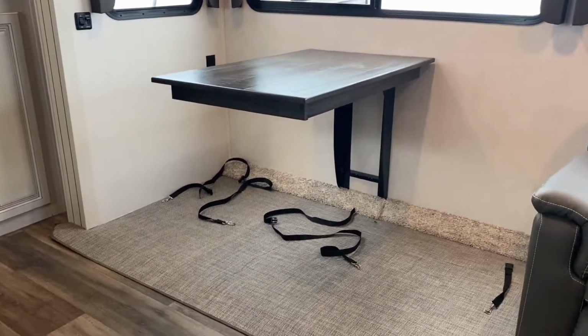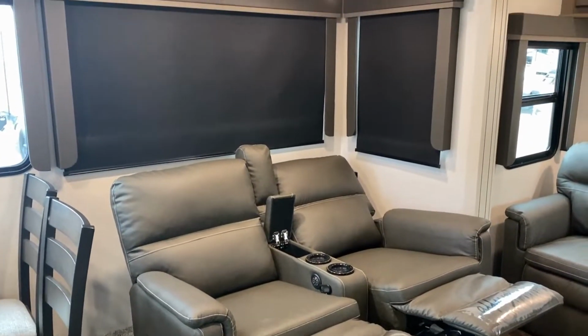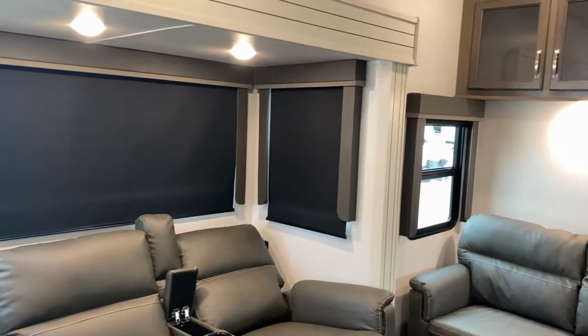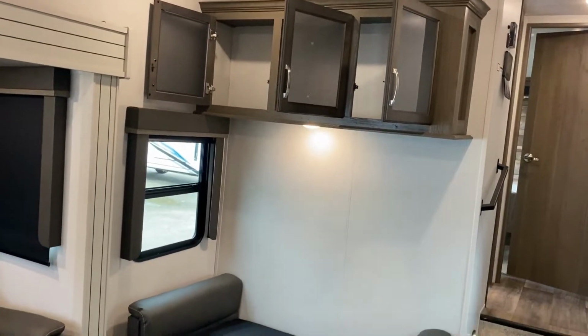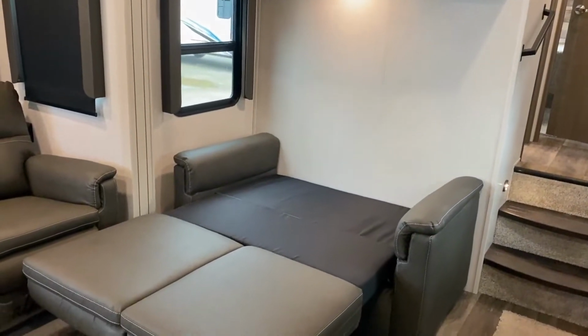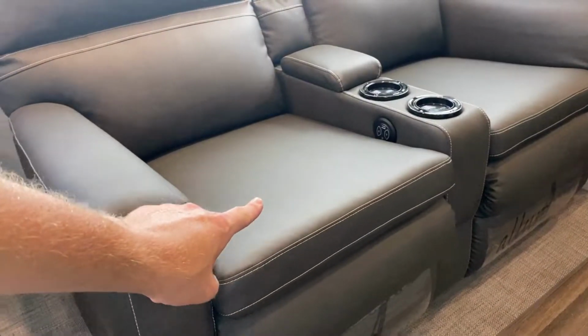It does have some USB plugs inset basically on the inside of that console. That being said, this is one of those cases I really wish, you know what? I need your feedback on this. Together, we helped make the change of adding the shade to the entry door. We all need to speak up now, if you agree, of course, to move that plug and that outlet,